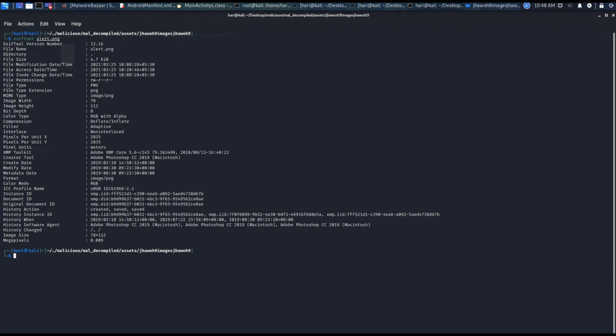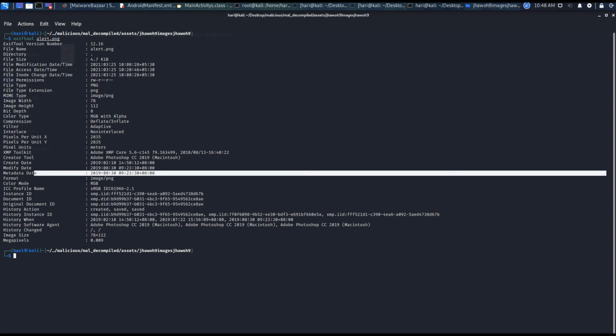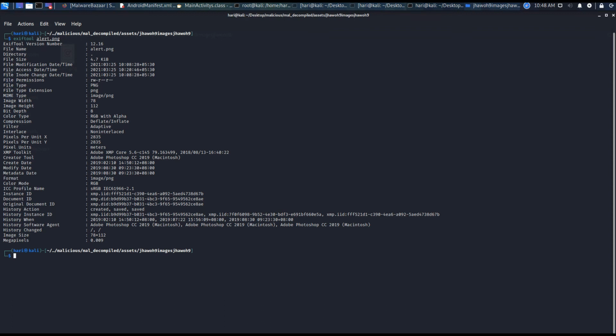One more thing to look up: in this case some of the metadata is missing, but in some images if we analyze, we can see the location, on what device it was created, and on what latitude and longitude it was exactly created. And here you can also see this is not captured, this is taken from Adobe Photoshop, which means some kind of editing was done inside Adobe Photoshop. So this is some of the metadata we gathered, but I think this is not enough.